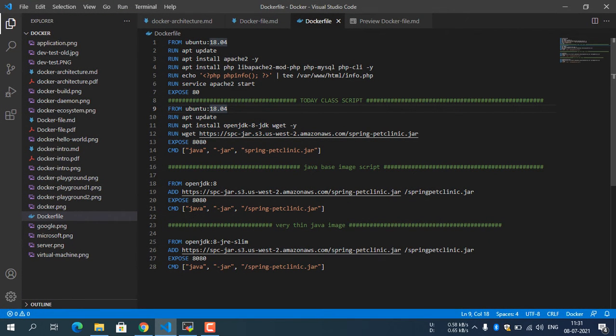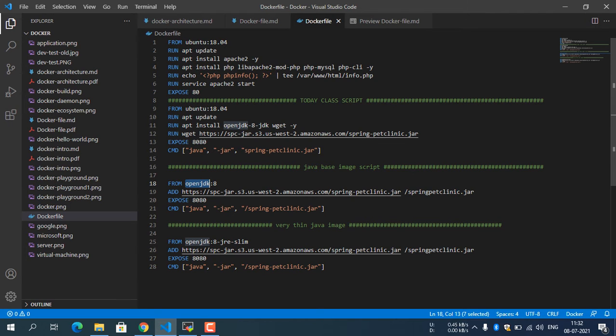So in this I have taken an Ubuntu image. We can take a Java image as well, an image in which Java is already present, then we can reduce the steps. So in this I have taken the OpenJDK image. OpenJDK is nothing but an image in which Java is already installed.